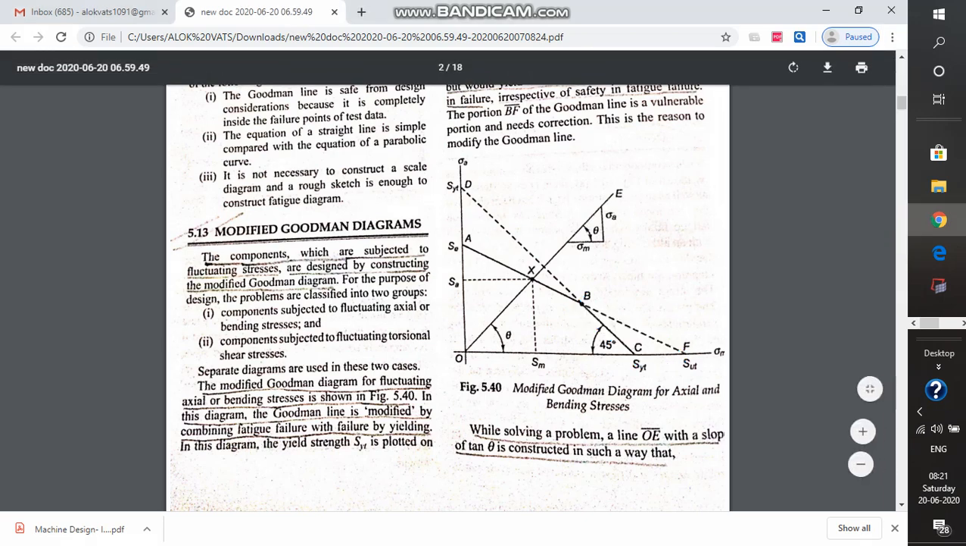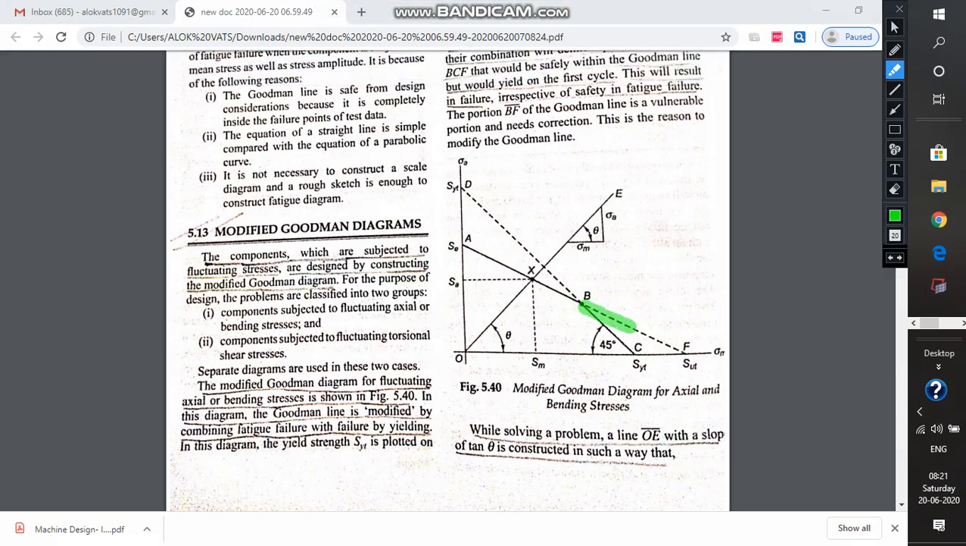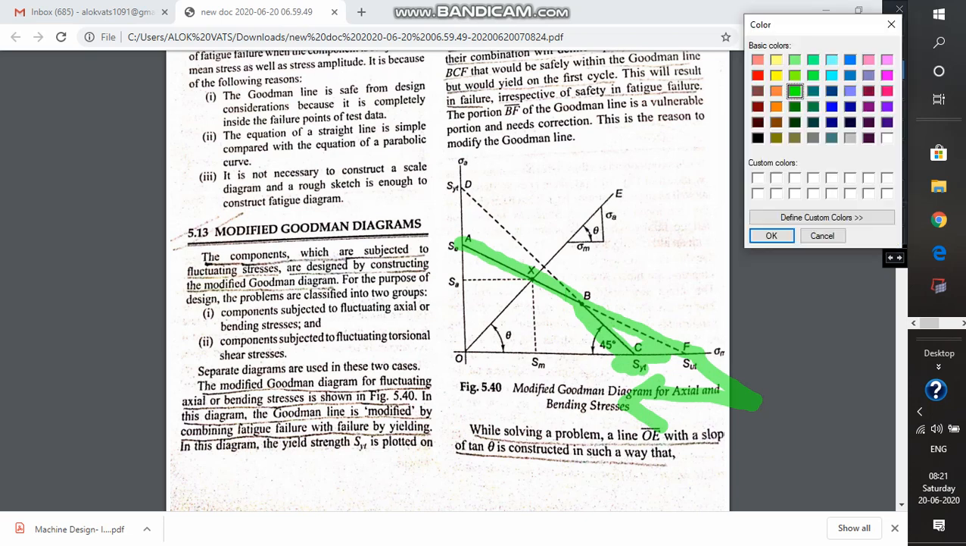This line moves and converges with this line. The BF portion of the line AB moves towards the point C and converges with the line BC. Now the situation is safer, because the segment AB is defined by the Goodman line and BC is defined by the Langer line, or the first limit on the stress cycle, the component will be safer from both the criteria in the region defined by